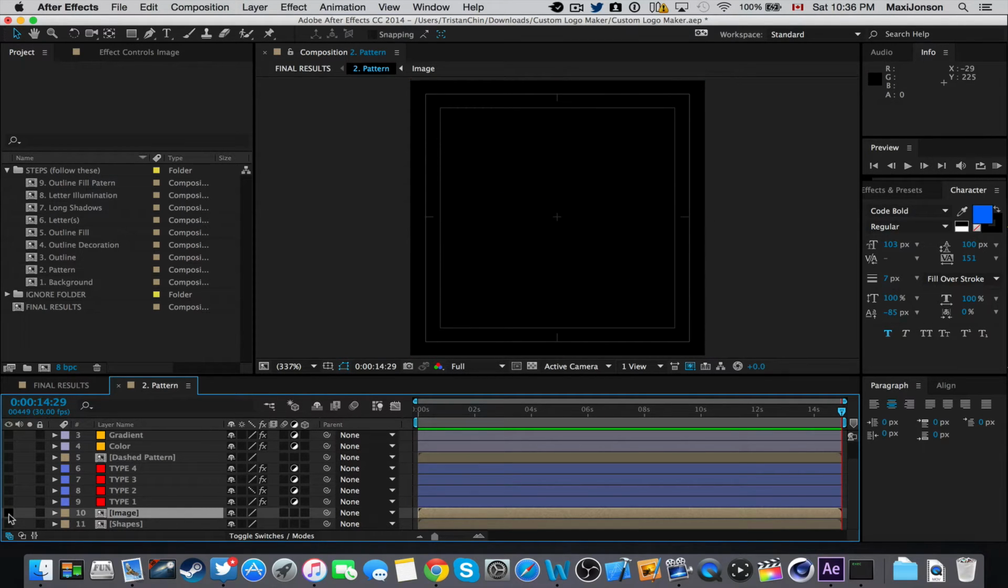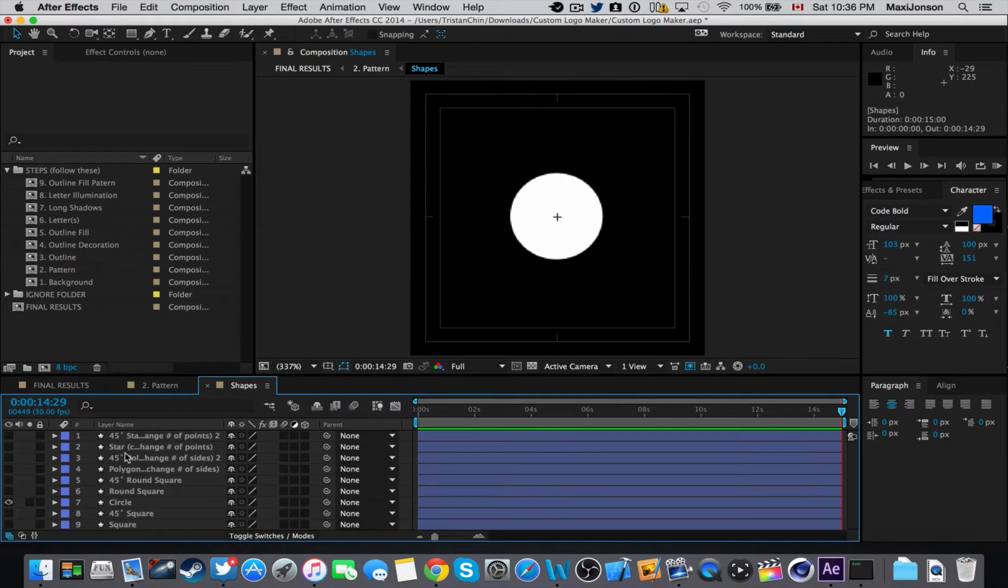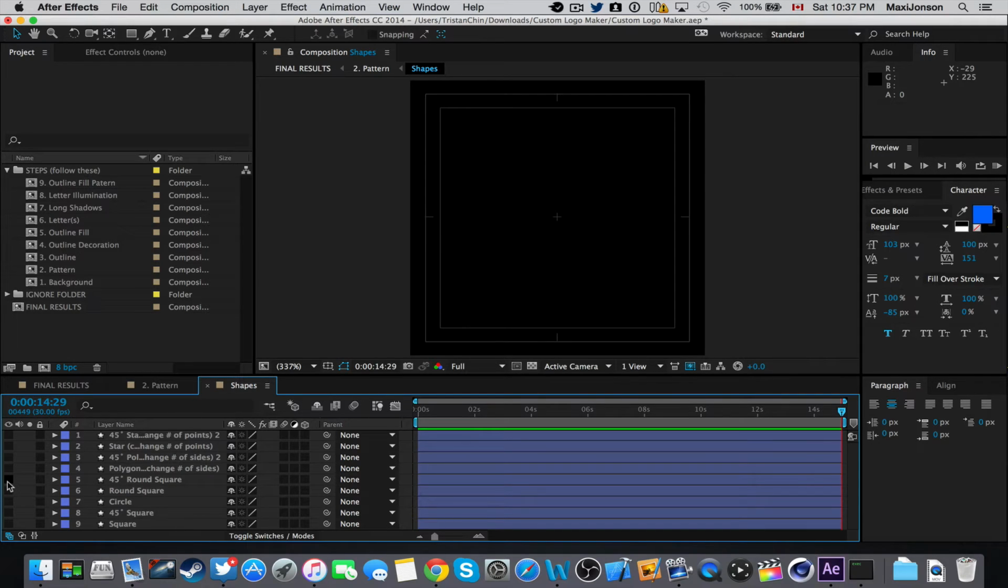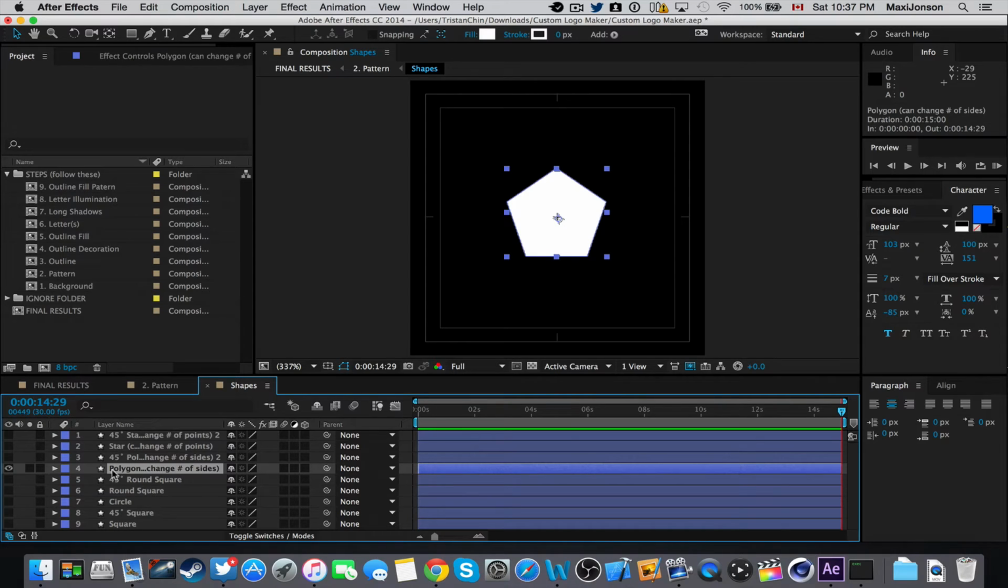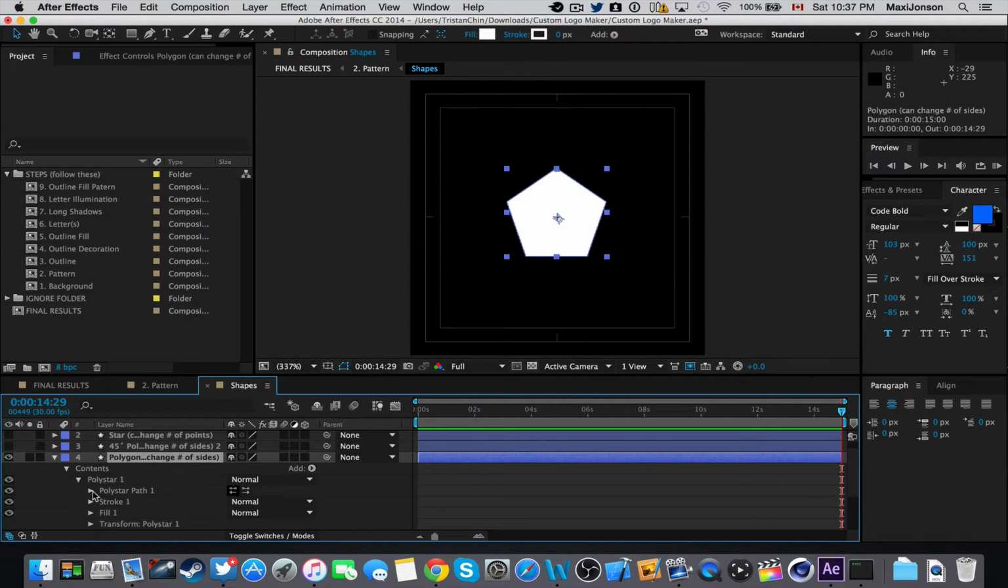Alright, now let's go back to shapes. Now when you go in shapes, you double click it. There's a little set of shapes that you can use. You've got a square, tilted square to 45 degrees, circle, a round square, 45-degree round square, polygon. When you go into polygon, you can click on polygon, open this polystar,